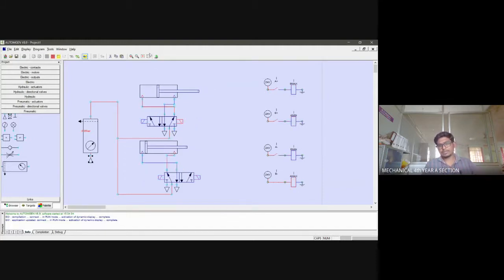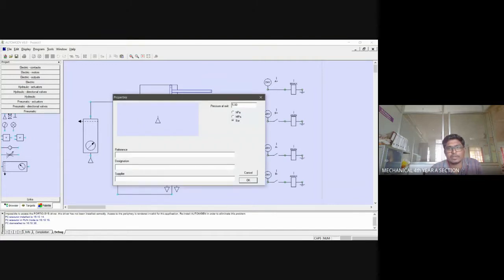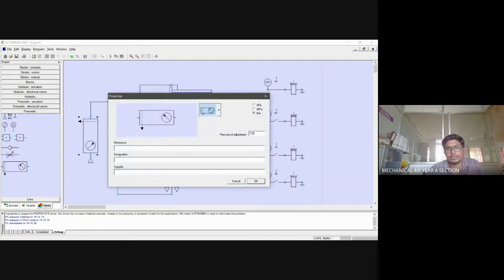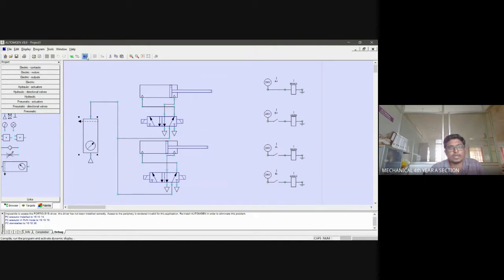Let's see how it works. So the system speed has been reduced now, since the pressure I've given is less than 7 bar. I'll further reduce it to 3 bar. Let us see what happens.